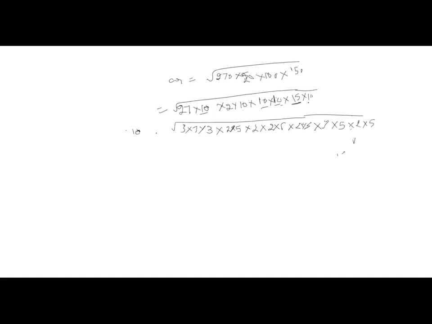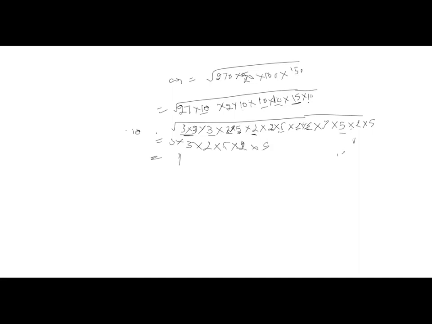So all the ones that have a pair we will remove. But where is the 7? 7 is not there. 3 into 3: I'll remove one 3. So here I have two 3s. I'll remove one 3. 2 and 2, remove one 2. 5 and 5, remove one 5. And then 2 and 2, remove one 2. Then 5 and 5, remove one 5. So you are getting